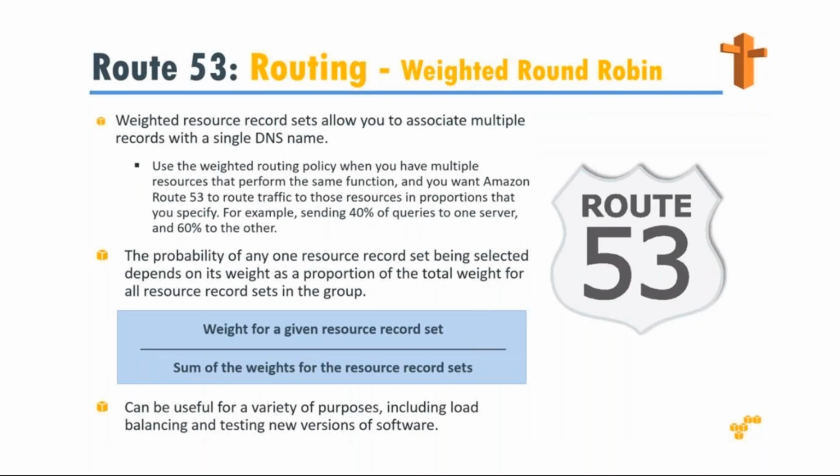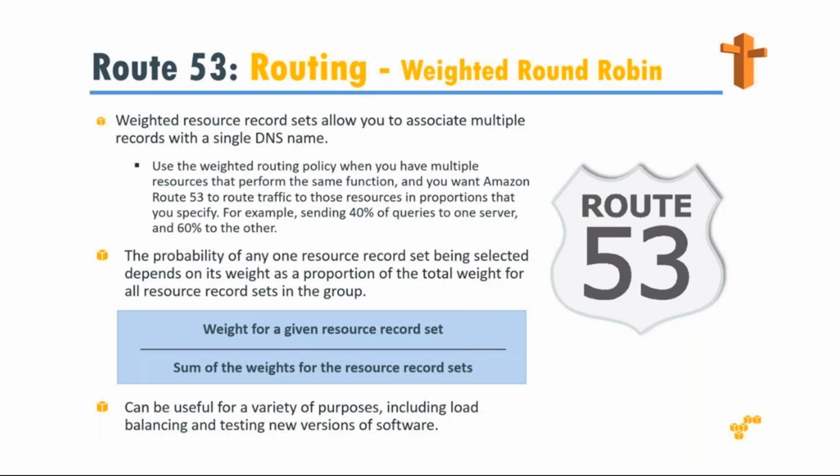So weighted round robin: weighted resource record sets allow you to associate multiple records within a single DNS name. So if you have multiple DNS records, like one is an MX record, one is a website record, then we can go for the weighted round robin policy when you have multiple resources that perform the same function, and you want Amazon Route 53 to route traffic to those resources in proportions that you specify. For example, sending